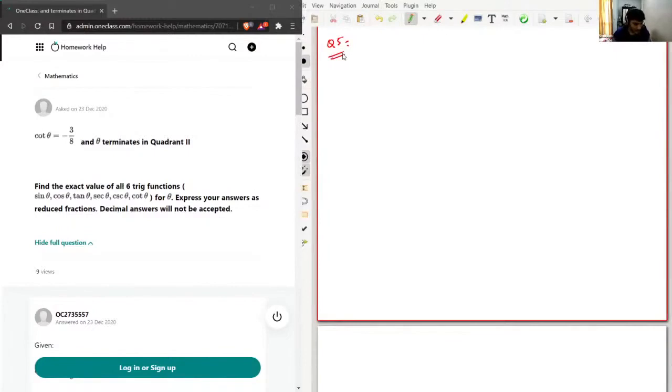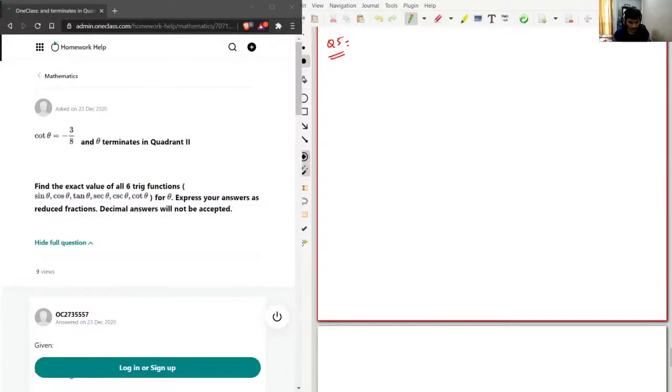It is given that cotangent theta is -3/8 and theta terminates in quadrant 2. Find the exact value of all 6 trig functions for theta. Express your answers as reduced fractions. Decimal answers will not be accepted. So what we'll do here,